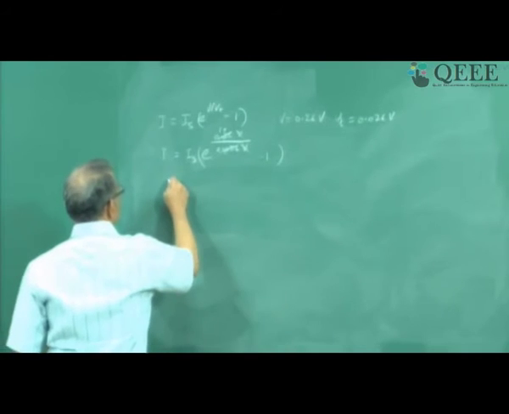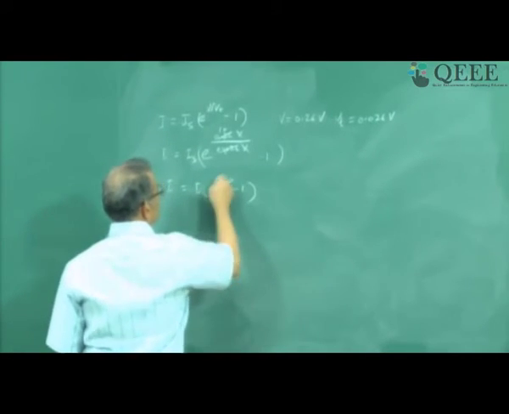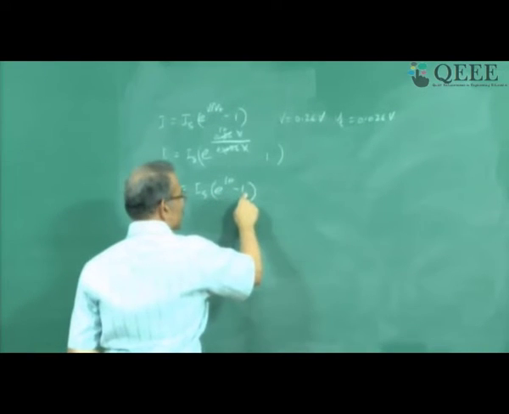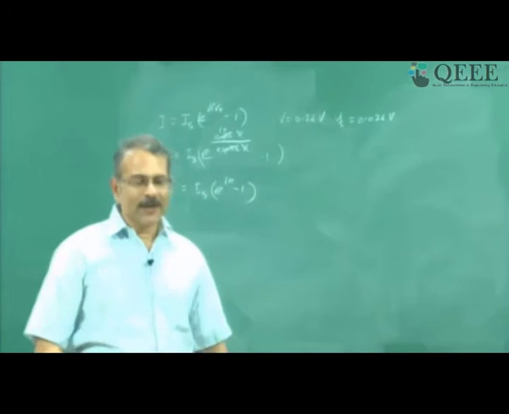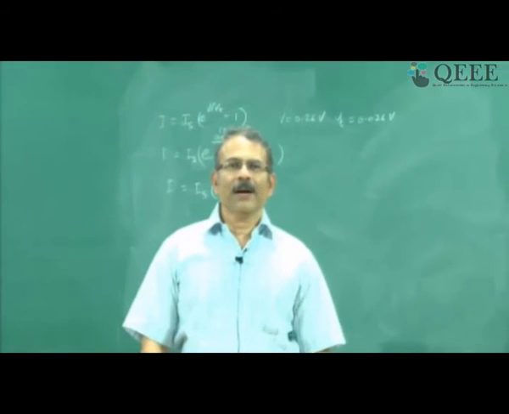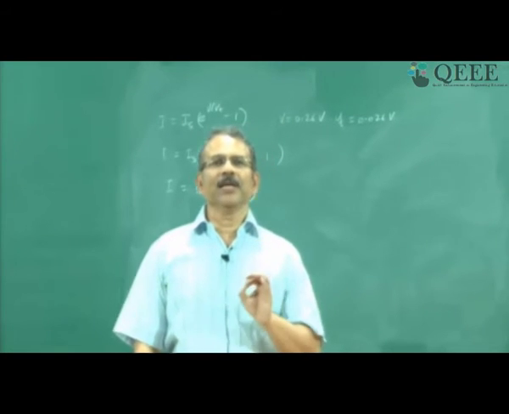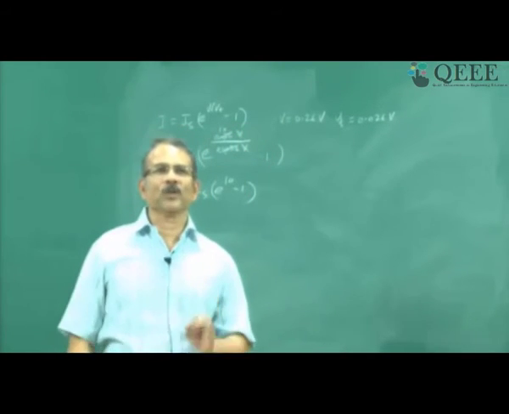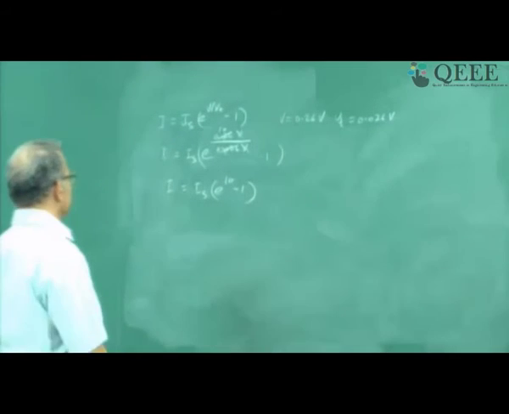So your answer at first level is e power 10 minus 1. Now you know that e power 10 will be much more than 1, so we should actually make approximations. We should not forget to put some terms, but after putting all the terms, we need not use all the terms. Every engineer should learn to approximate so that it makes matters simple. An engineer should know how to make things simple.